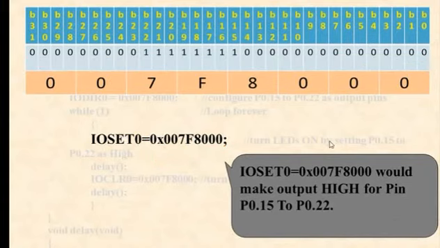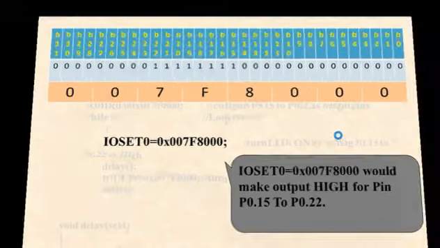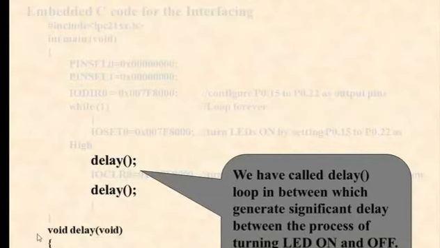Next we have to wait for some time, that is delay. So again we are using delay. It is not related to the controller, it is simple C language. Just load any number and decrement up to 0 or increment, and when the condition is fulfilled, it will come out of this loop. It takes some time, therefore it is a delay. It is not an accurate delay, but on a trial and error basis you can select the delay value.